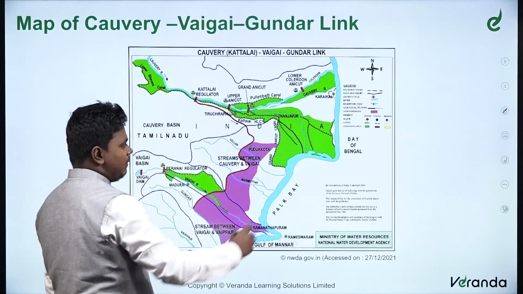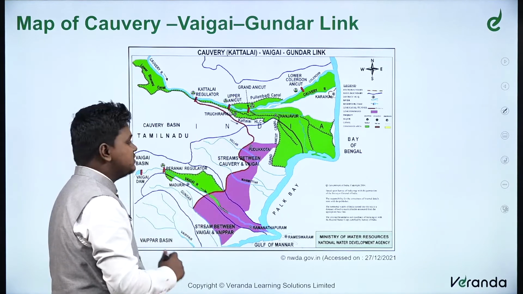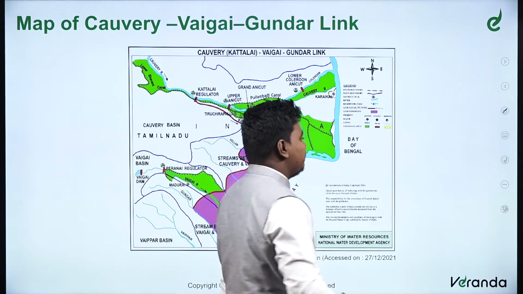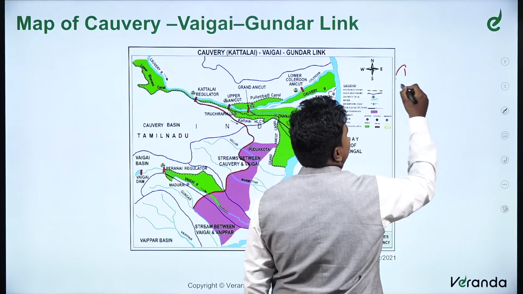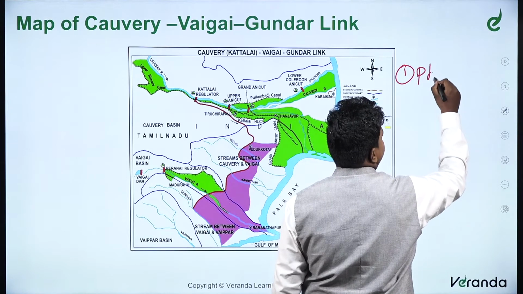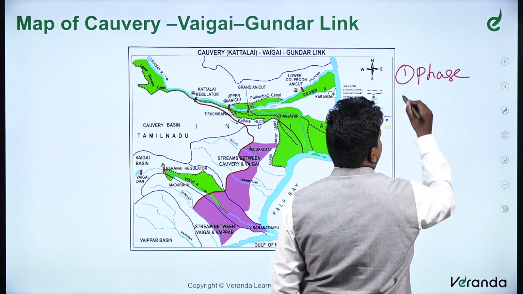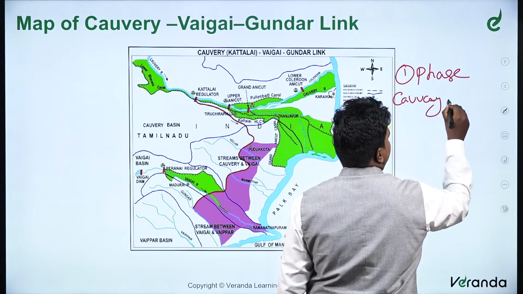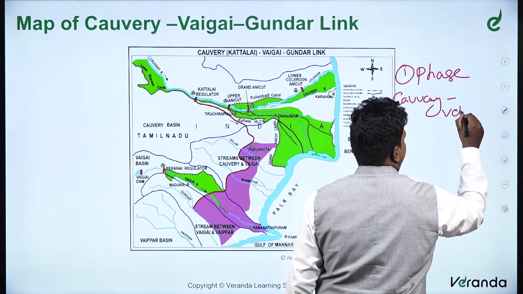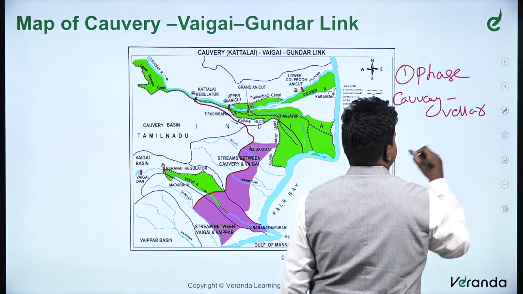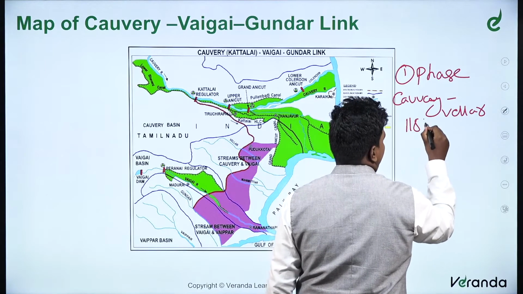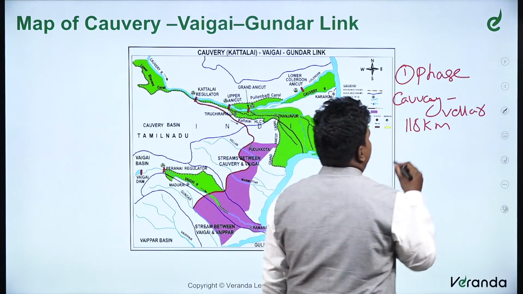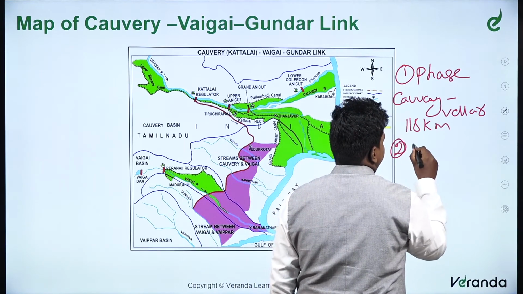So, this is the actual map of the actual plan of this Cauvery Vaigai Gundar River Link. So, it will be a 3 phases project. So, the first phase will connect Cauvery with Vellaru, which is a 118 kilometer long canal. Through this canal, these links will be connected, and then the second phase,